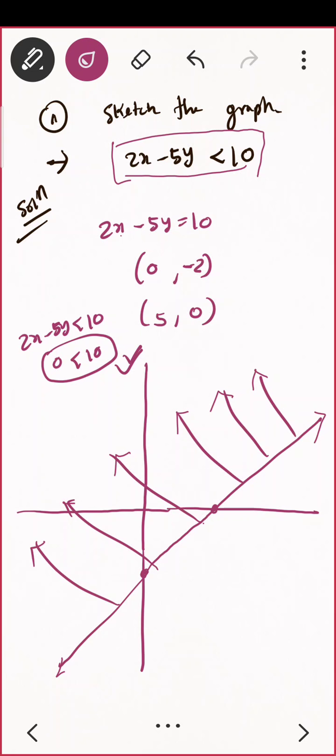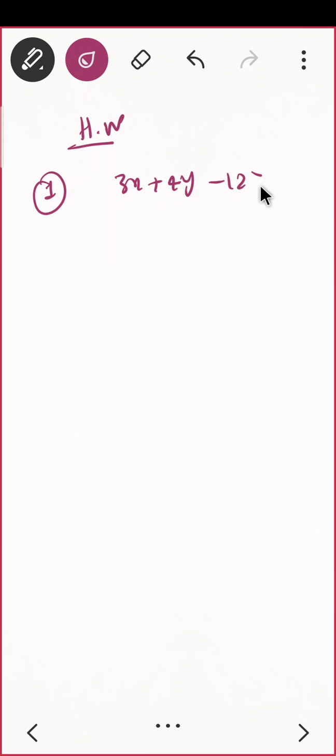Good. I'll give some questions for you. Homework problem. You can put it in the Google Classroom after completing. Sketch the graph only. The first question is 3x plus 4y minus 12 is greater than or equal to 0. Sketch the graph. Second question,